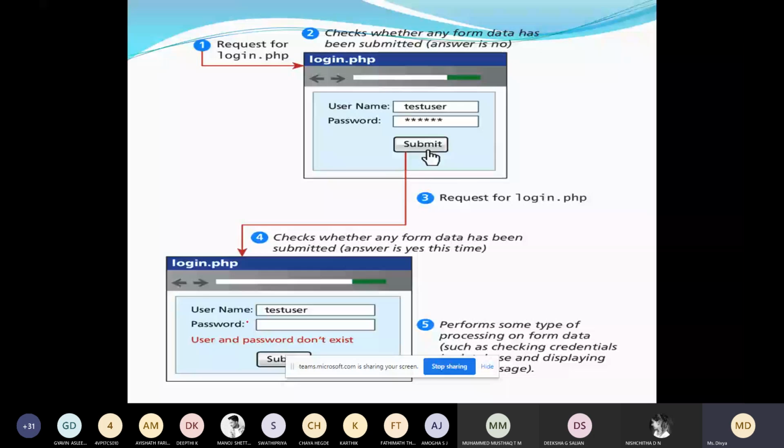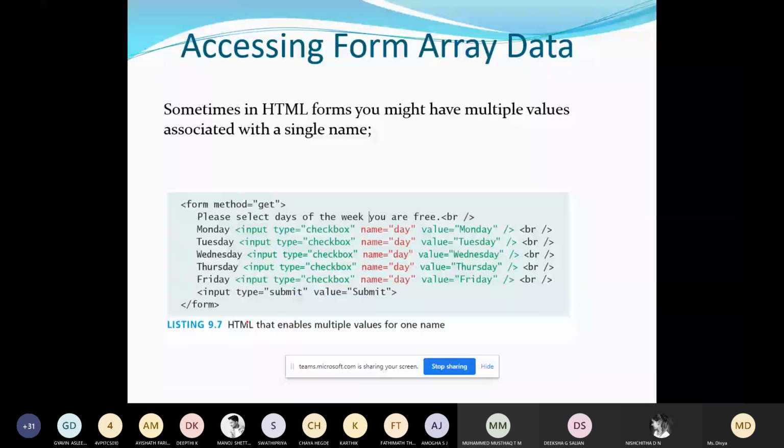Accessing form array data. So this is also a form, but here we have checkboxes. We already studied checkboxes. Checkboxes should all have the same name, if you remember we discussed.